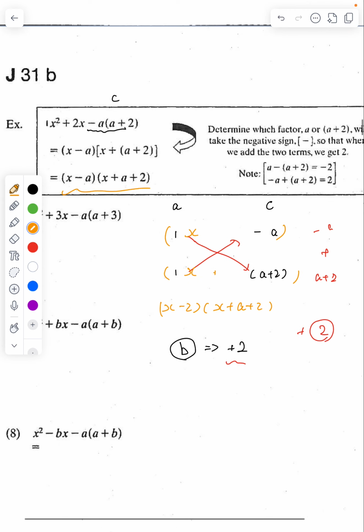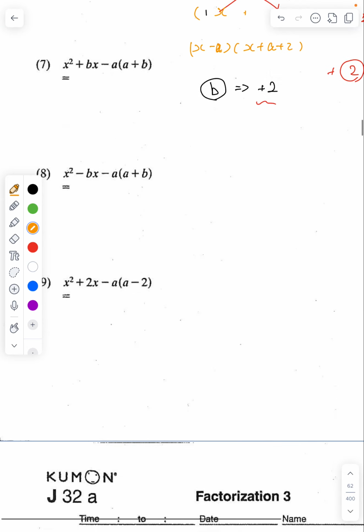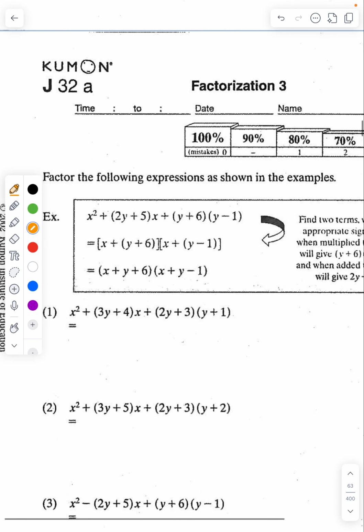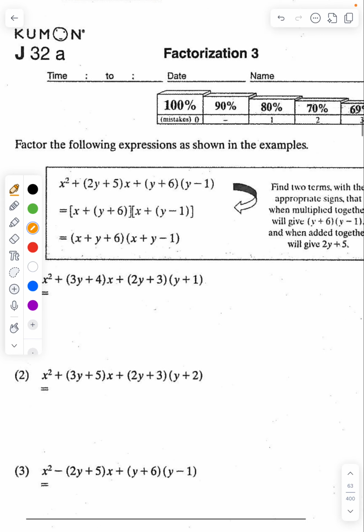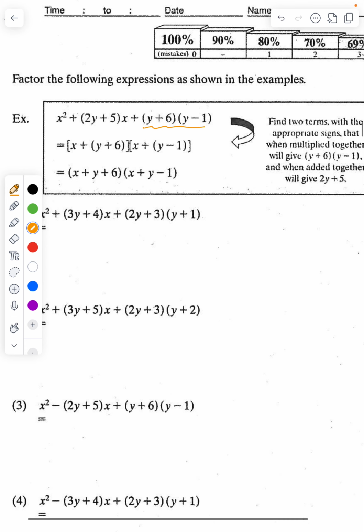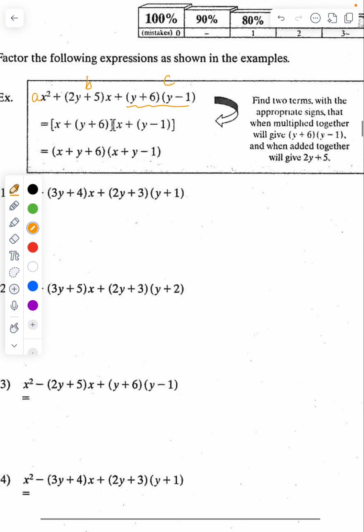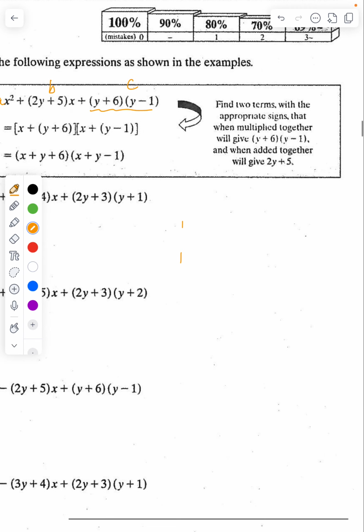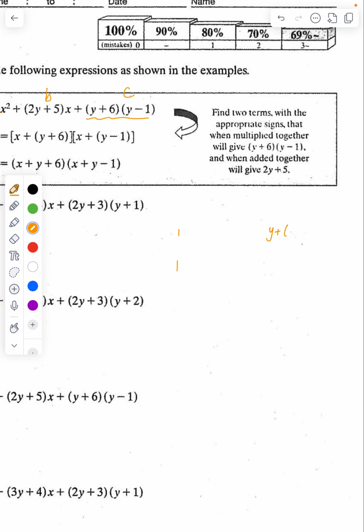Okay, oh, my bad. A over here. Okay, next example over here. Very similar to what we did before, but instead of just a and b, we have y and we have two terms right here. So it seems like it's a little bit more complicated, but the idea is the same. This is A, this is B, this is C. Split out our A, factorize our A as 1, 1, same thing, and factorize our C as y plus 6,